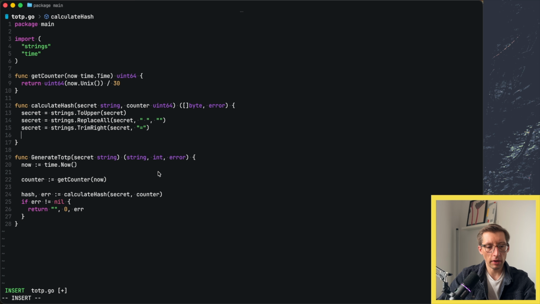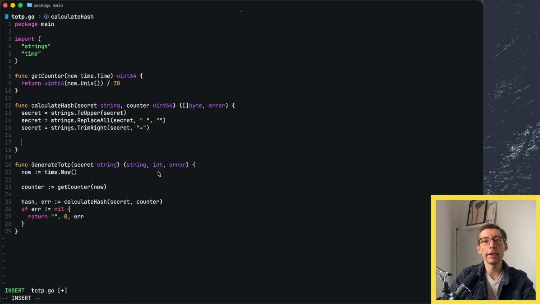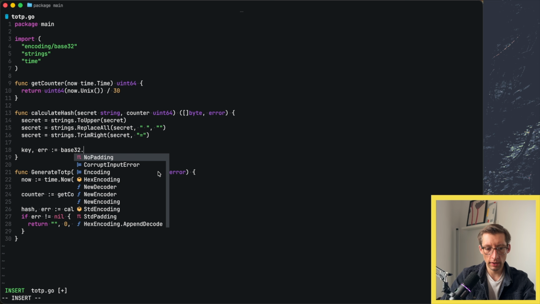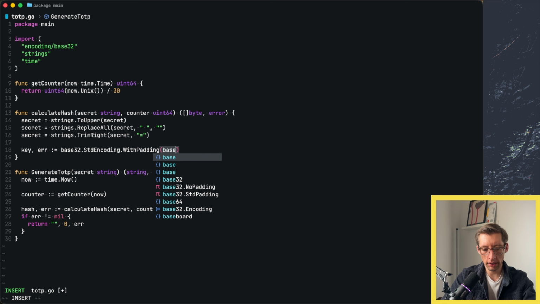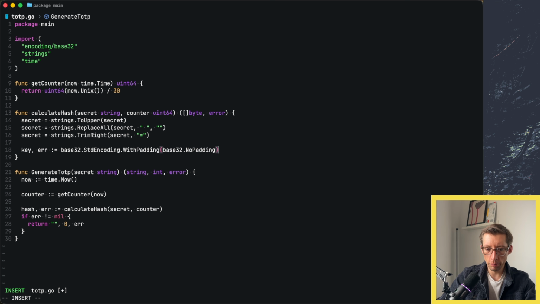Awesome, so we got our secret cleaned up a little bit. And because it was base 32 encoded, we decode it back. We do key. I'm not sure if it returns an error or not. Is there base 32? Let me see. Right, it's StdEncoding, then WithPadding, base 32 NoPadding, and DecodeString